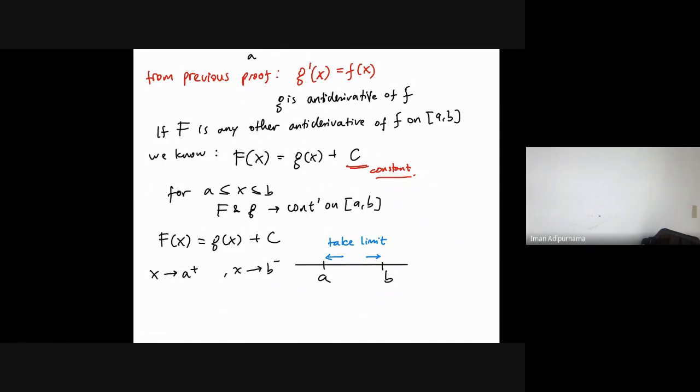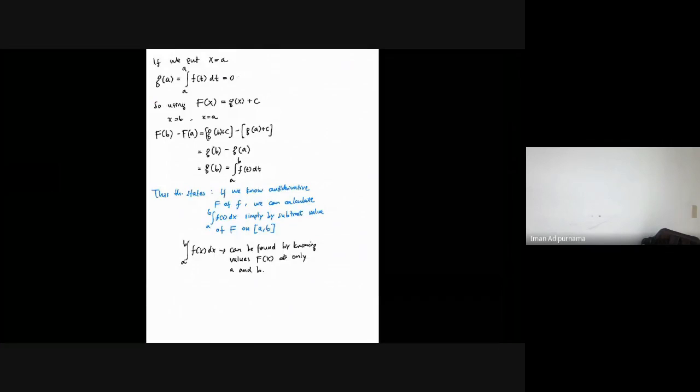This is just to prove that if you have any integration of small f, and you have at least 2 points, a and b, exact numbers, then you can calculate the integration just by taking the endpoints a and b. So as you can see